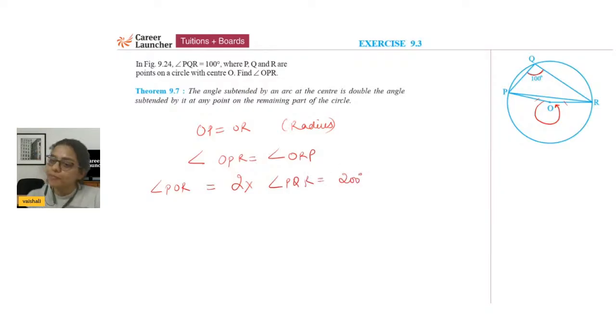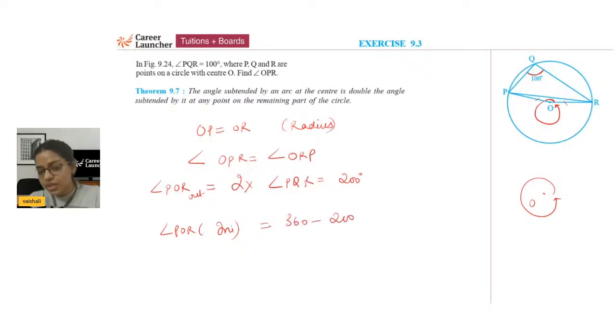200 degrees. Right? And because overall, if I'm just looking at this, this is my point O. The whole angle is basically 360 degrees. So if I'm able to calculate the inner angle POR, what is this? This is my outer. This is my inner. 360 minus 200 is equal to 160 degrees. Right? So it means this is my 160 degrees. Now what is the relationship in my triangle POR? Angle OPR